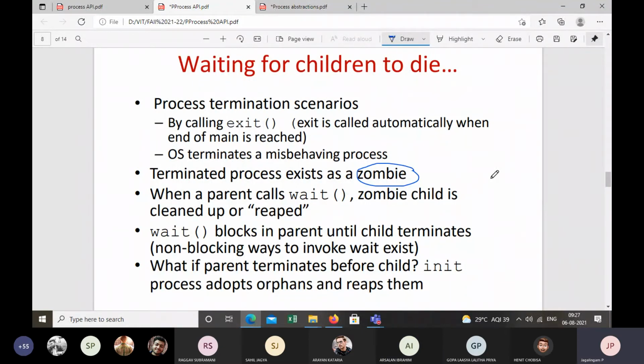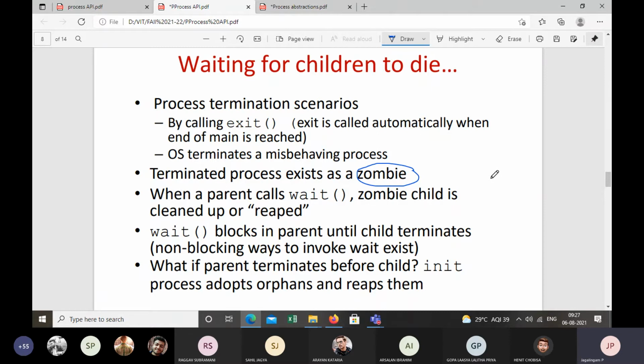Now, when the process is terminated, they are not removed completely. Okay, understand this. When the process is terminated, they are not removed completely from the list of processes. You have a data structure, right?